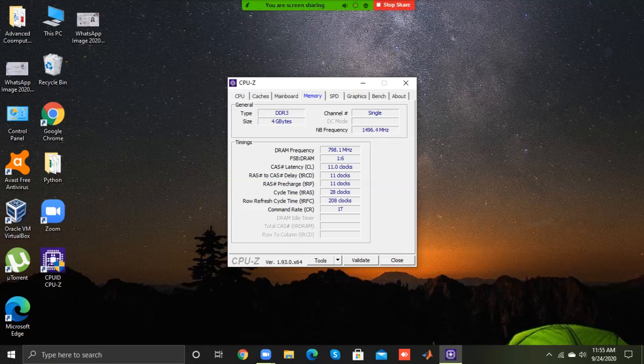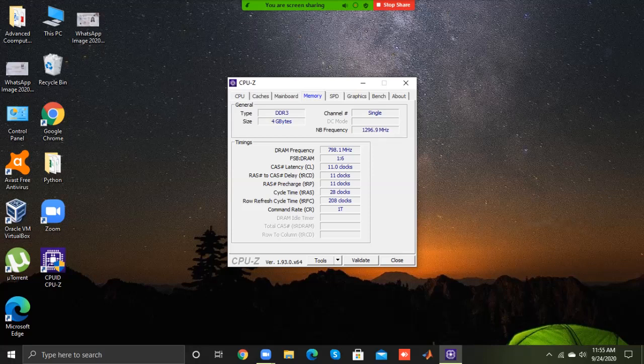Channels refers to the number of channels available in the memory controller. Dual channel configuration has double the bandwidth of single channel memory. Triple channel has 3 times and so on. NB frequency is the speed of the system bus. Now the timings table.